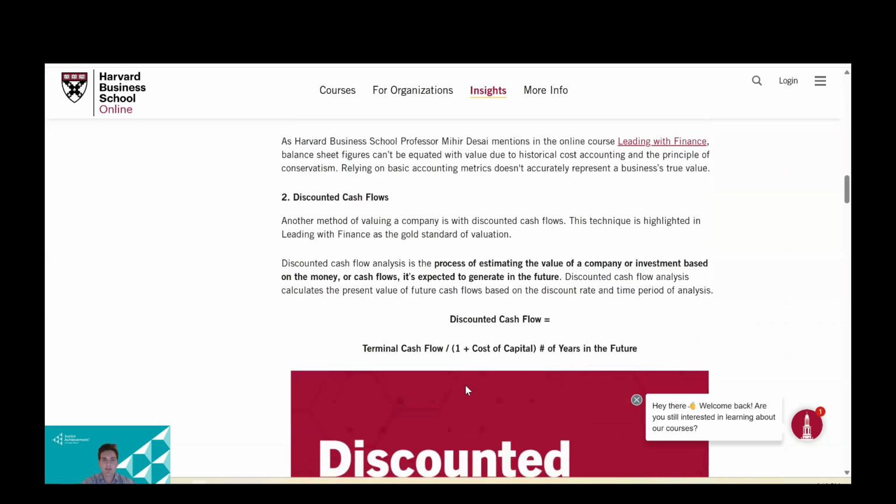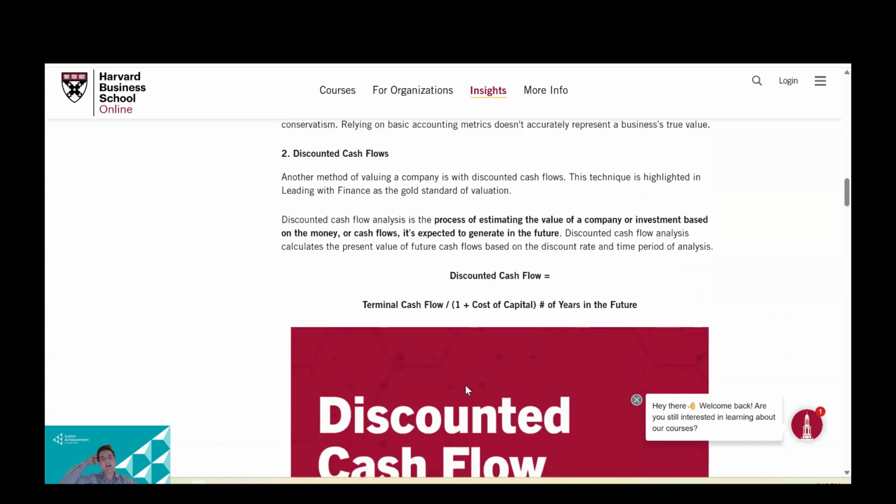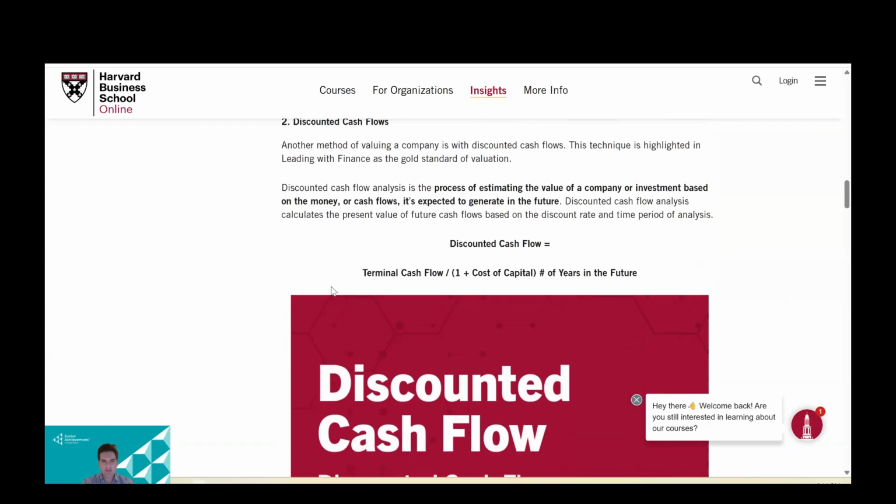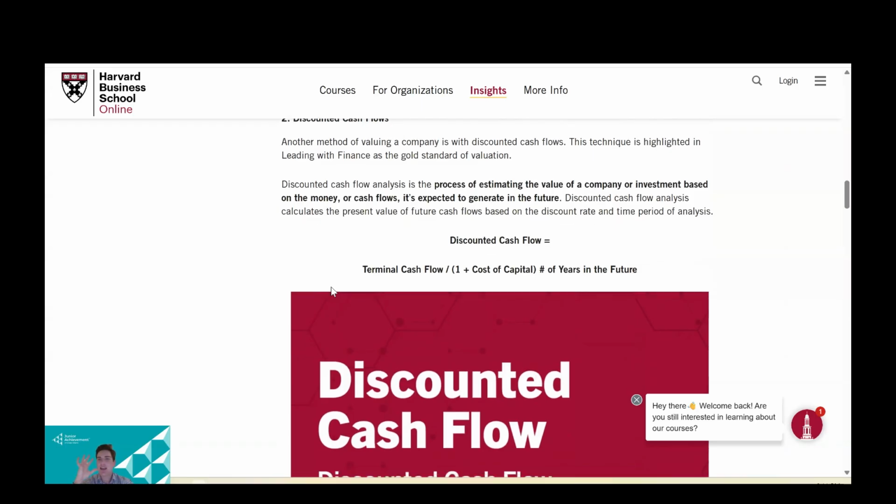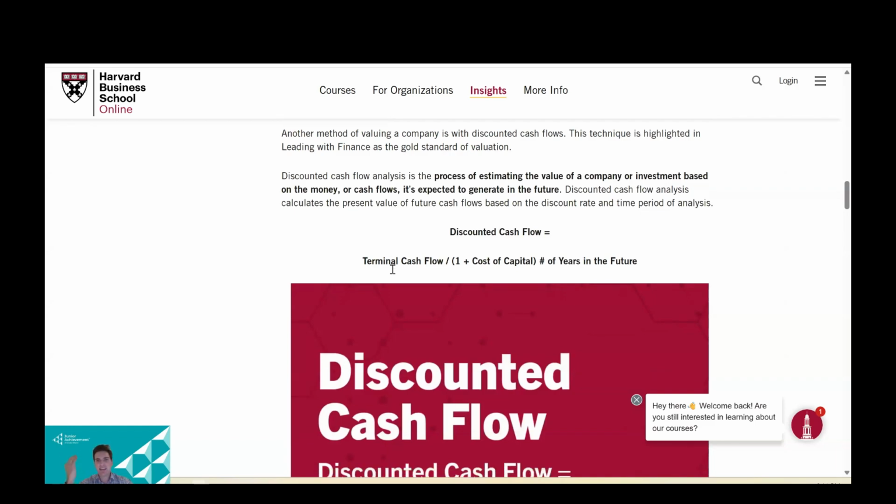The second one was a DCF. Now, a discounted cash flow, let's see if we can keep it simple. A discounted cash flow is you're taking the terminal cash flow, which is essentially at the end, all the cash that a company is going to generate after subtracting any type of debt or liabilities. And you're dividing that by one plus the cost of capital, which is the discount rate,